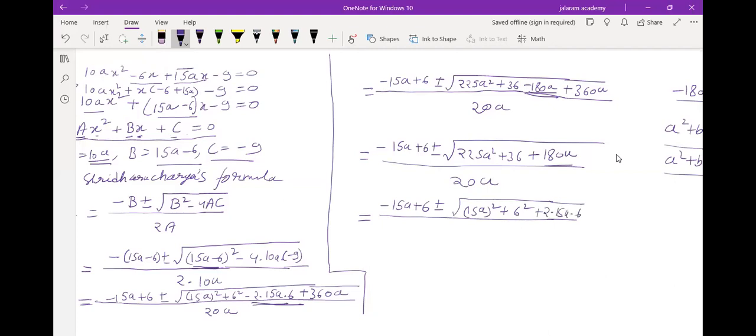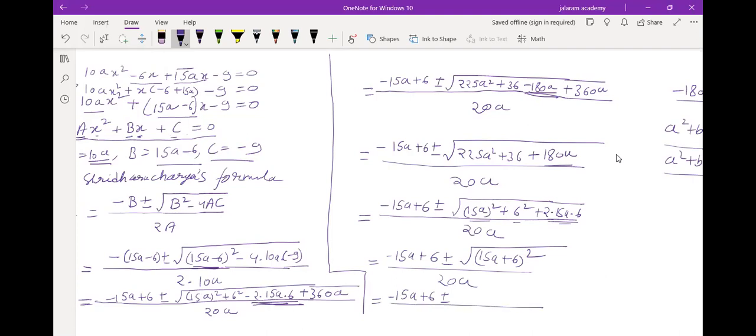It satisfies a square plus b square plus 2ab. Is that clear to you? So it becomes 15a plus 6 whole square over 20a, equals minus 15a plus 6